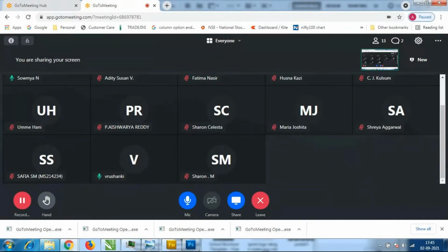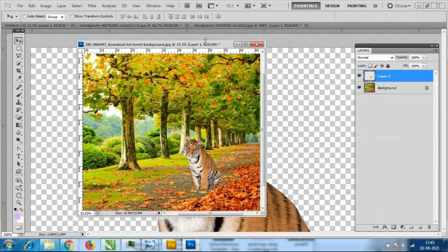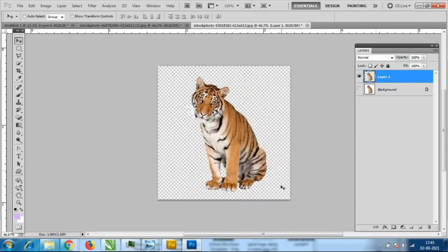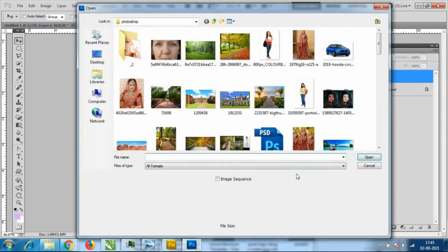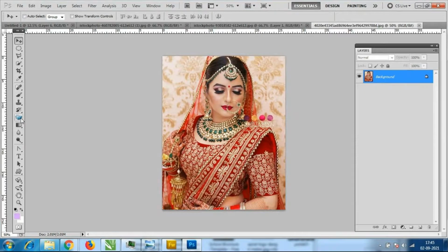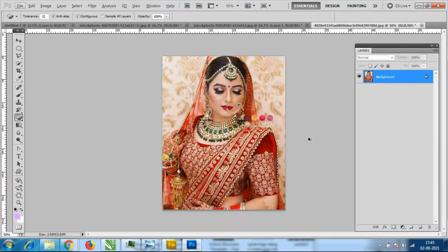So it is easy. Once you people will start, it is easy. So why I have started with this tiger picture, which is having the white background. So no need to try with the white background. So which kind of images you have to take? Suppose this image. Okay, so if I use the magic eraser tool for this, look at here, what is the problem? So you have to use multiple tools for this.